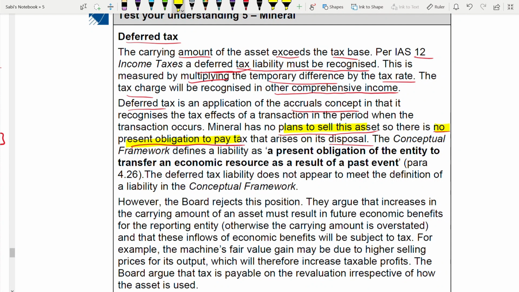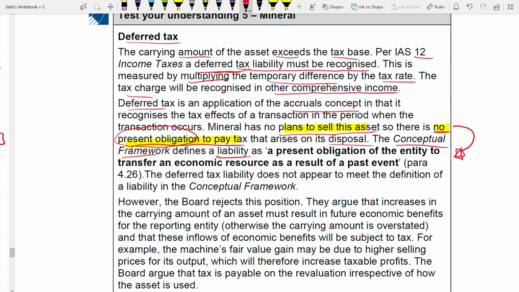Let me show you. I don't know whether you can follow. Okay, so from this line to this line, you get your answer already. You know what to write. Why? Because no present obligation. So this present obligation, what is it? If you have a present obligation, it's a liability according to the conceptual framework. You already got the answer. So from there onwards, build up your answer. So now you can say, according to the conceptual framework, how a liability is defined. Give the definition of a liability.